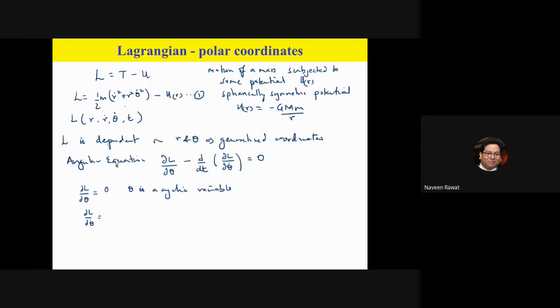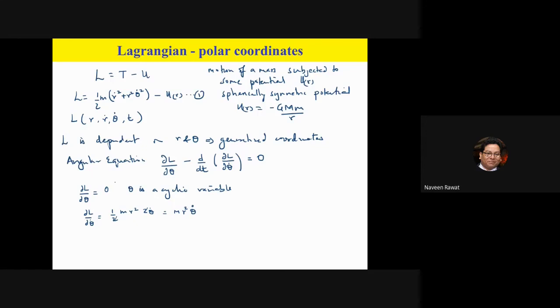In my equation I have this theta dot term, so I will have 1 half m, r square will stay as it is because it's a partial derivative, and when I take the derivative I'll get 2 theta dot, because I'm taking it with respect to theta dot. All right, so 2 and 2 will cancel, so I'm getting m r square theta dot.